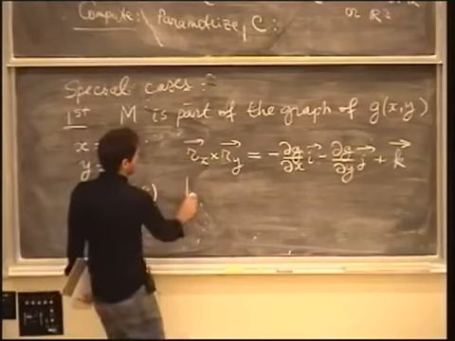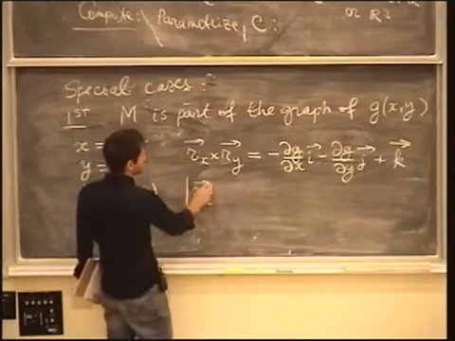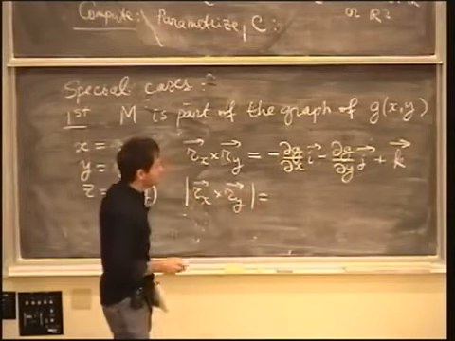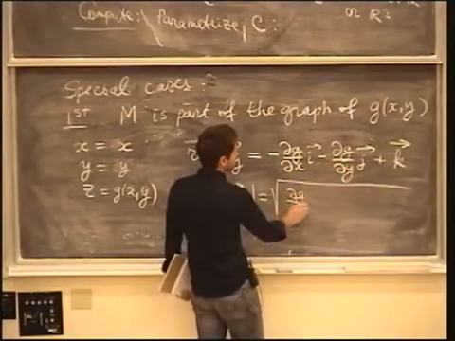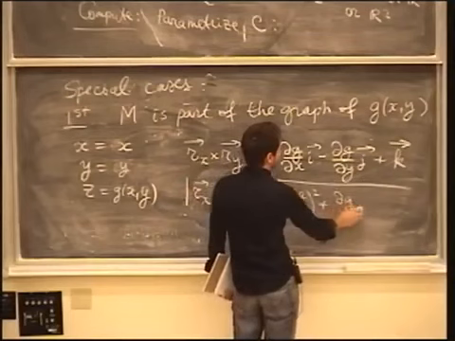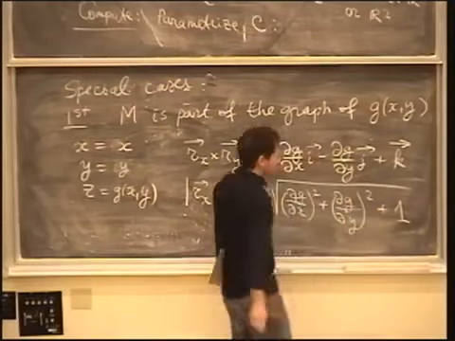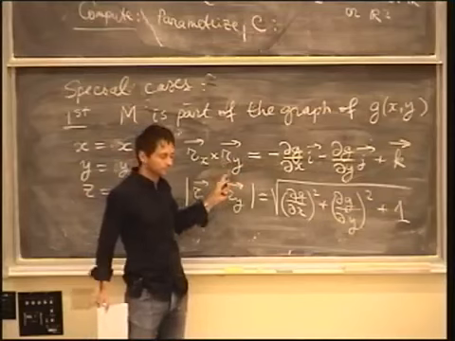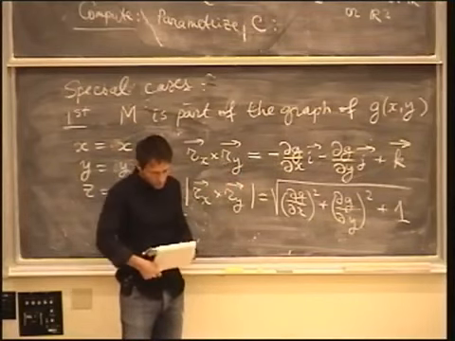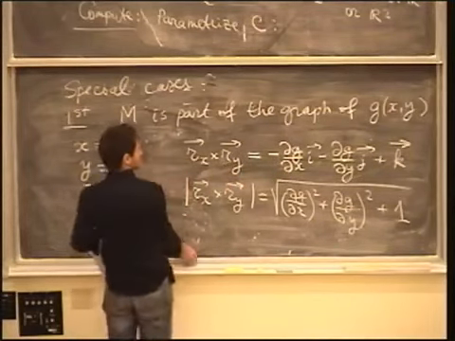Okay. And now, if you have this, you can compute its magnitude very easily. It's just going to be the square root of the sum of squares of these components. So it's like this. Okay. So we actually have not just the magnitude, but a formula for the cross product, which I will use in a minute. Okay. So that's the first special case. There is a second special case